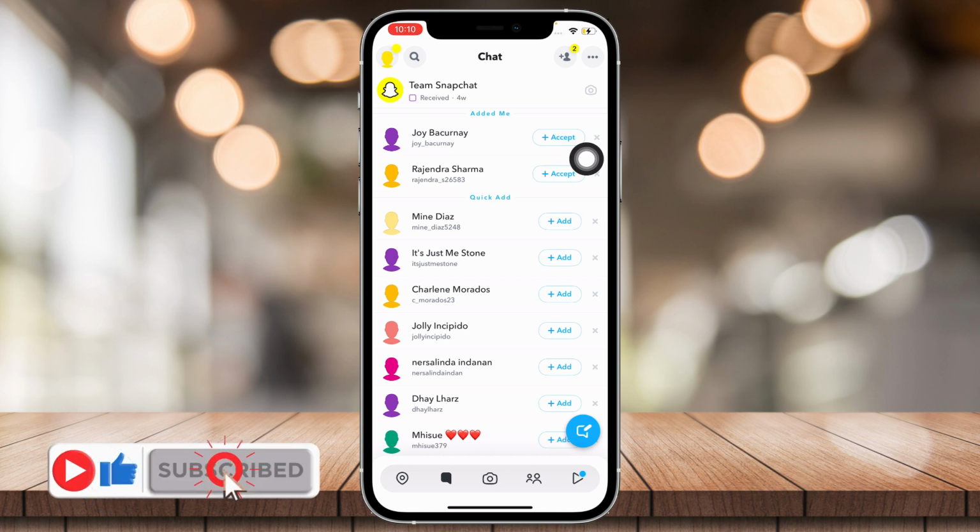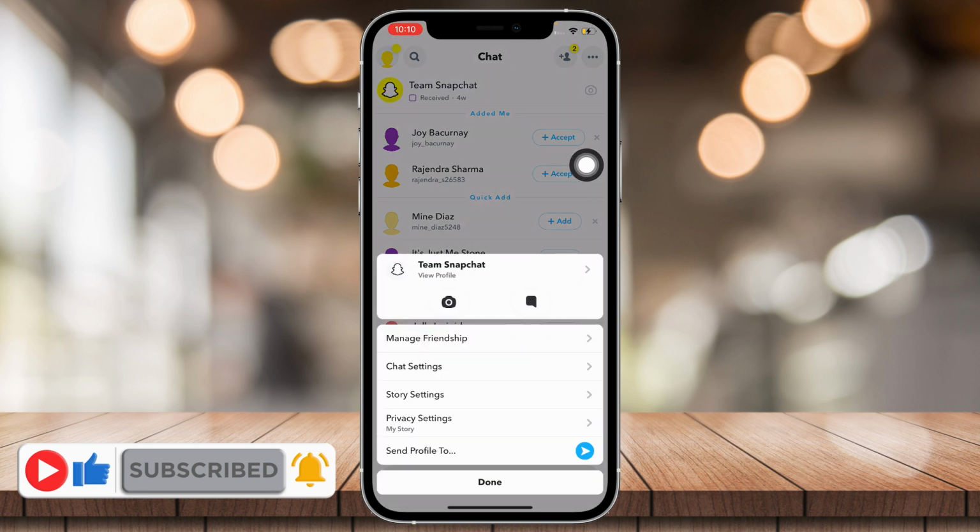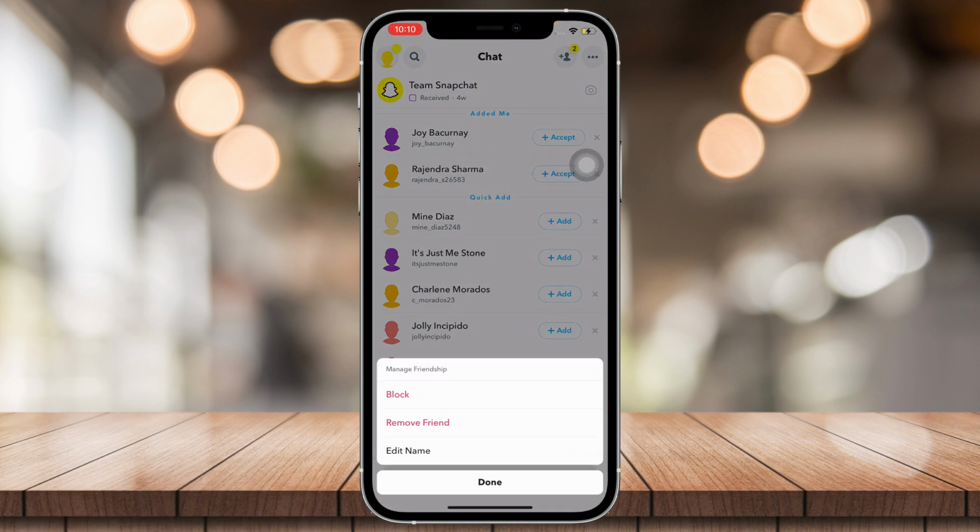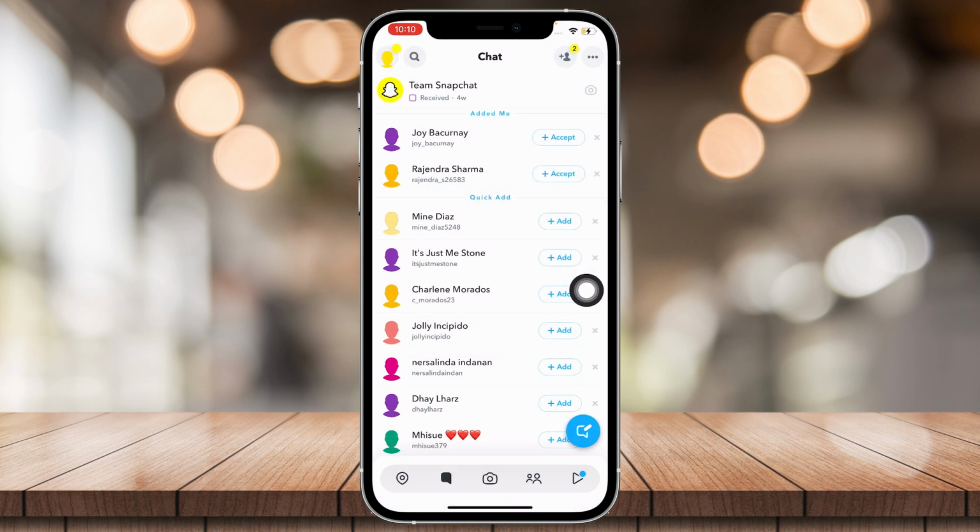So, for example, this is the Snapchat AI bot. You're gonna want to hold in that, manage friendship, and then block or remove. If that doesn't show on the AI, because I don't really know if it does since I don't have it,